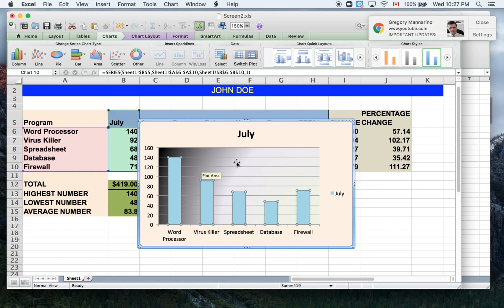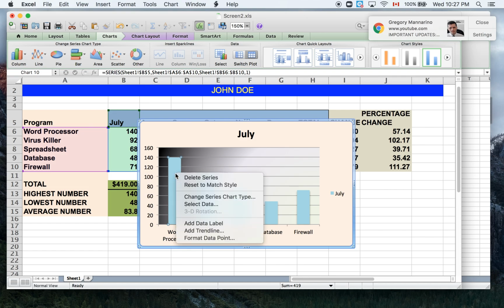Now, if you notice all the horizontal bars are one solid color, you can change the color of each. And notice what happens when I actually change the color of one of them as opposed to all of them. So I'm going to double click on one here. So right now this is the one that's selected. You see that these ones are deselected. I'm going to right click in here,